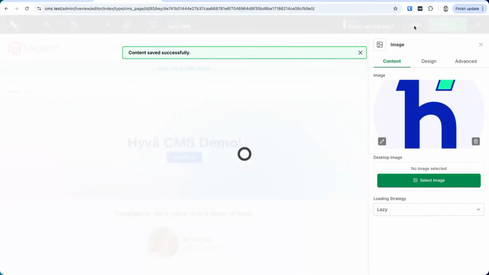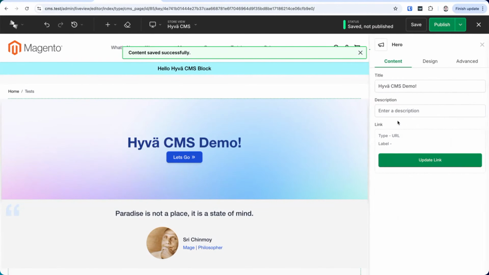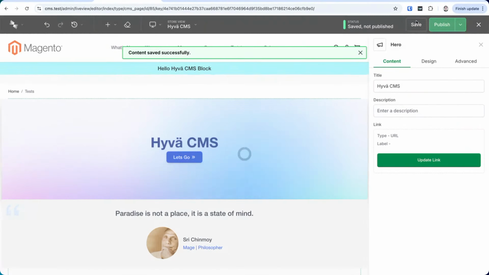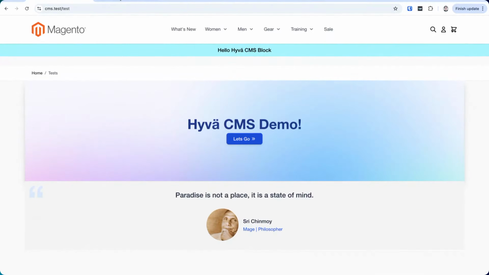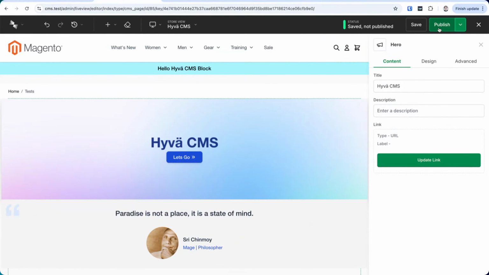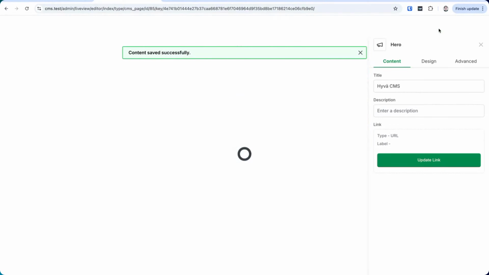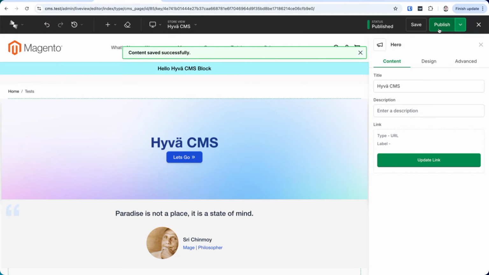So I'm going to save these changes, and let me just make another change here. So on this page, we still have the demo. I'll publish it. So think about it from the point of view of the merchant. Maybe someone's working on a page, they're making a lot of changes, but someone comes in and fixes a typo at the same time, and they overwrite the work of the person who's been making loads of changes. How do they handle that in Magento? They can't, right? It's just saved as HTML in the database, right?